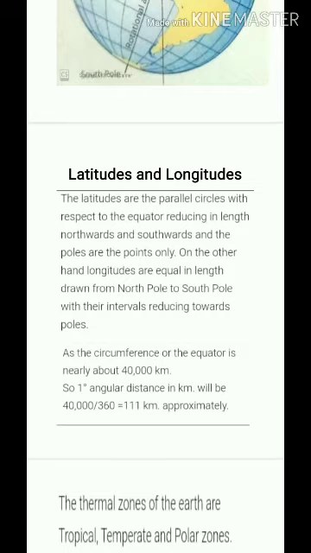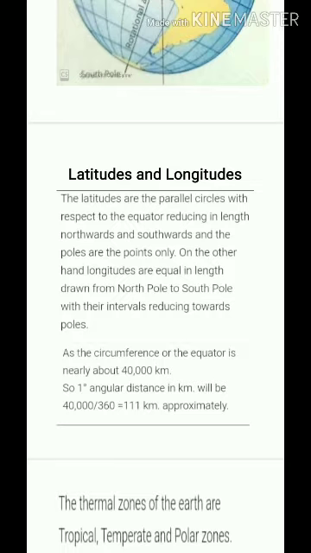So every globe has two sets of circles, horizontally and vertically. The circles run from east to west. They are all parallel to the equator. These are called the parallels or latitudes. And in the second set, the lines run from north to south. They also pass through the north pole and the south pole. These lines between the north pole and south pole are called the meridians.